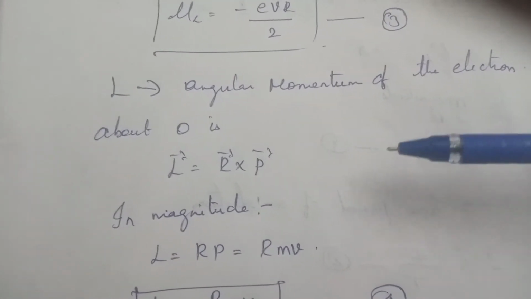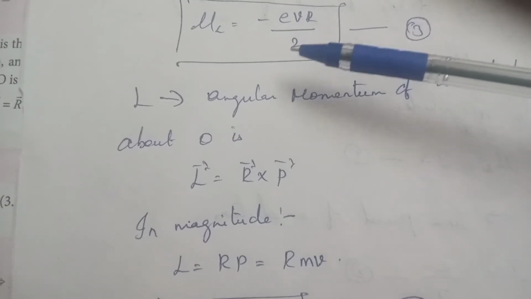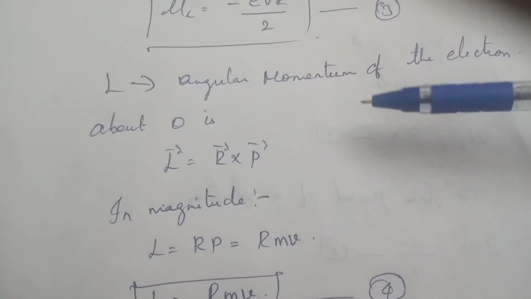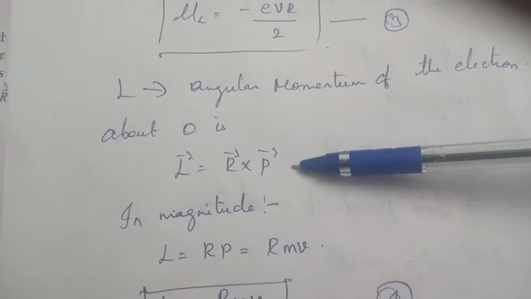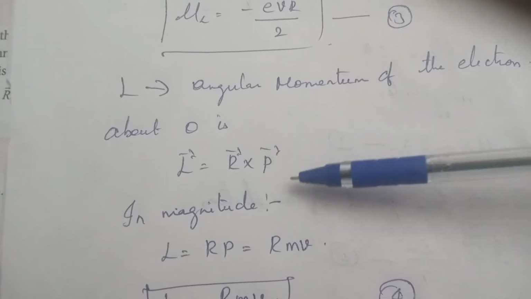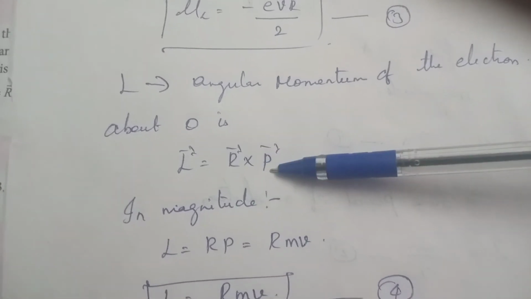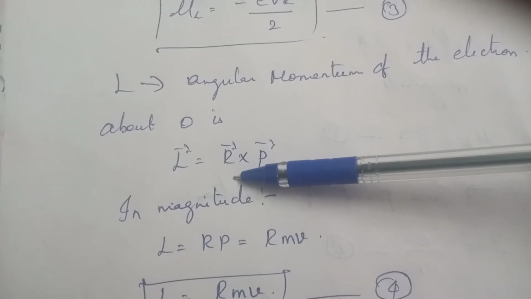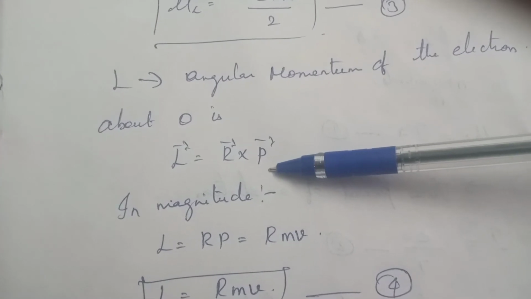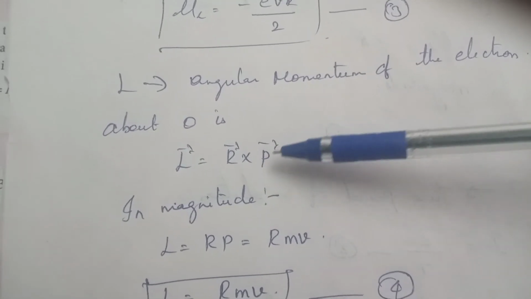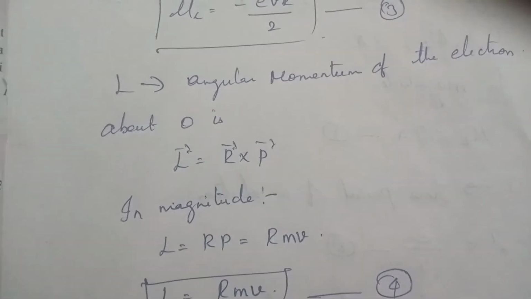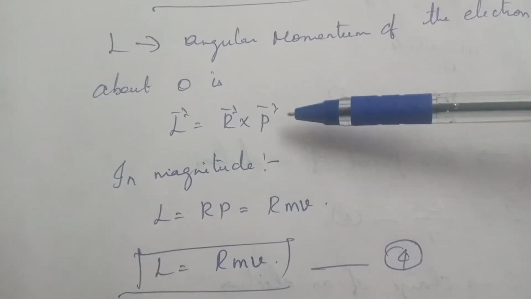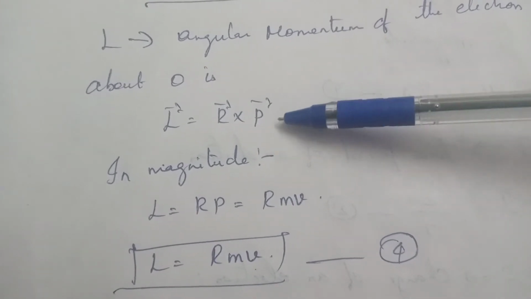Now introduce another term also. We already found the value of mu L. Now we are going to find the value of L, that is the angular momentum of the electron about the axis O. The general formula for angular momentum is, in vector form, L vector is equal to r cross P vector. r means radius and P is, sorry, not a magnetic dipole moment. Here it represents the momentum, that is the linear momentum.